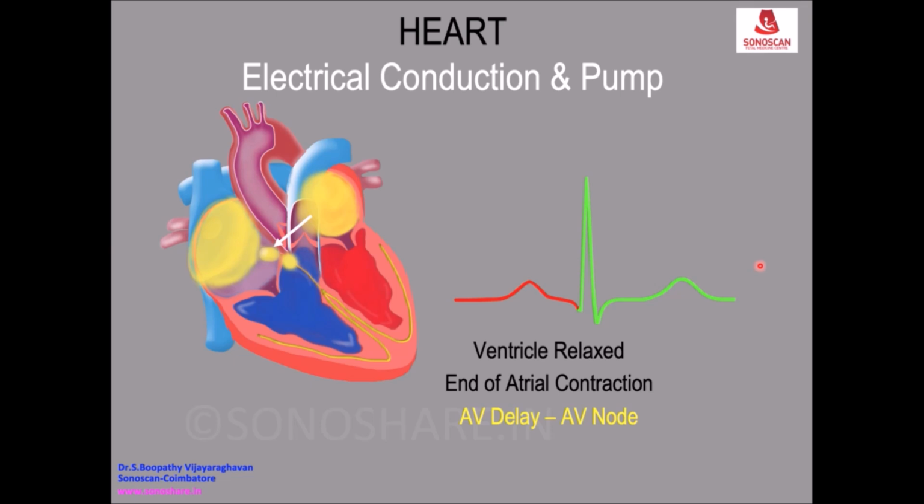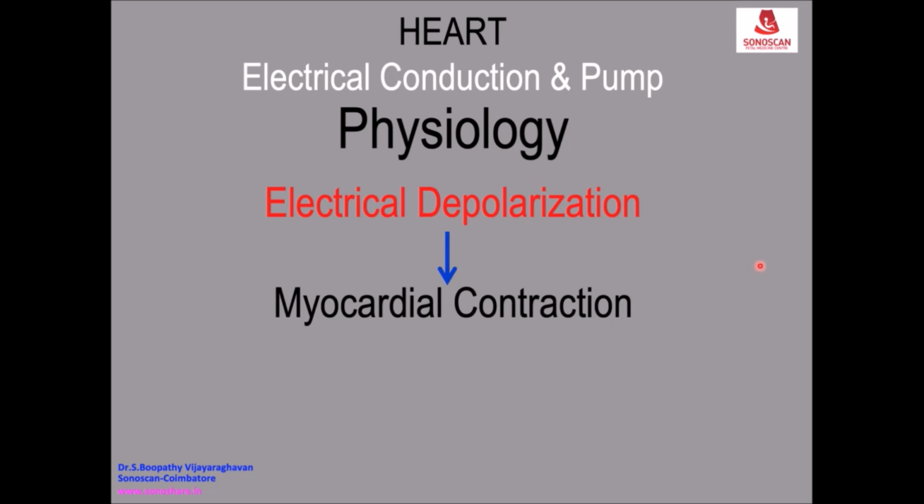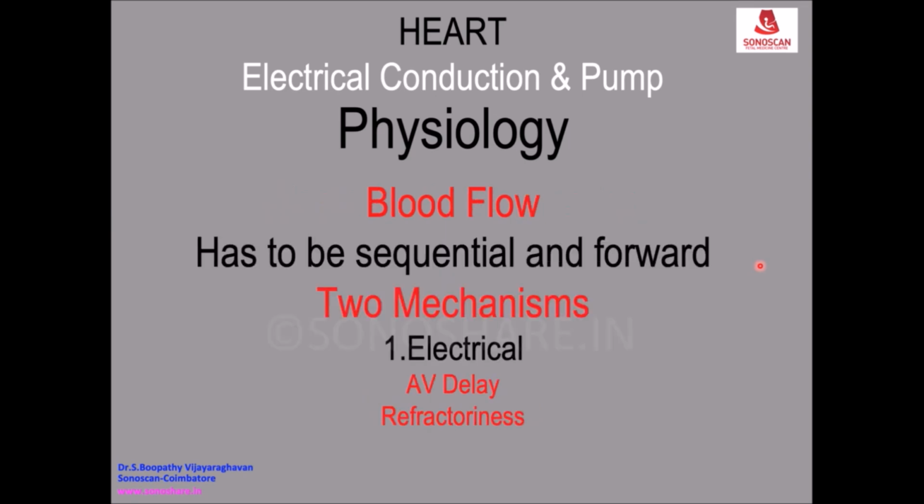So the AV node causes a delay in the conduction of the impulse. That is, the myocardium of the atrium and ventricle are not yet ready for the next depolarization. They are still contracting. Because of myocardial contraction, blood is pushed from one chamber to the next. Then there is the AV delay at the AV node, and refractoriness of the myocardium, which we saw earlier. By refractoriness, we mean that the myocardium has not yet reached a stage where it can be stimulated